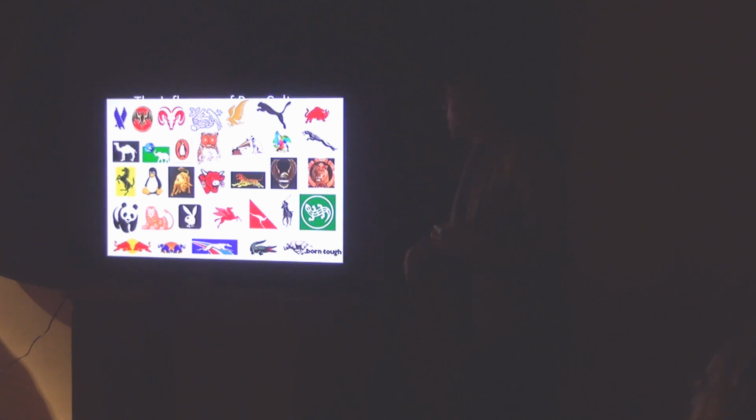So, we put cheetahs on our shoes because we identify with their speed. We put eagles on our currency because we identify with their strength. I've never figured out the Playboy rabbit. I don't know why that's... Oh no, they have sex a lot. There you go. Just occurred to me. So, all these animals are being used as sort of stand-ins for elements of the human condition. But they're doing so in a very stylized way that is completely removed, disassociated, recontextualized, if you will, there's that word again, from their natural origins.